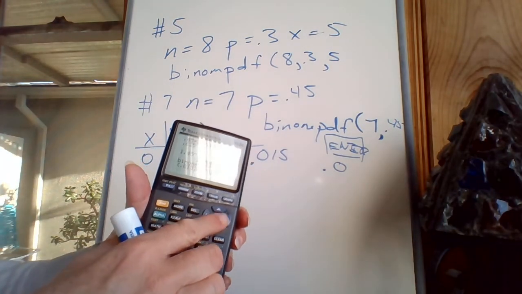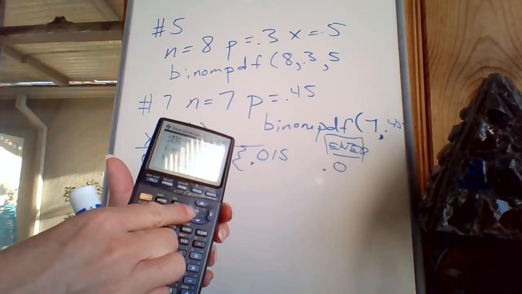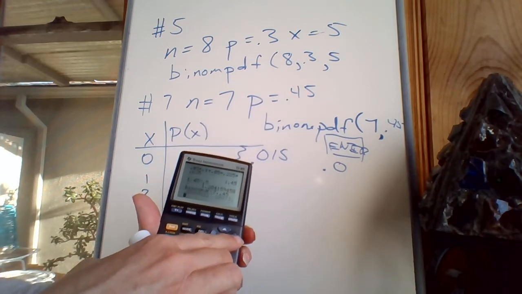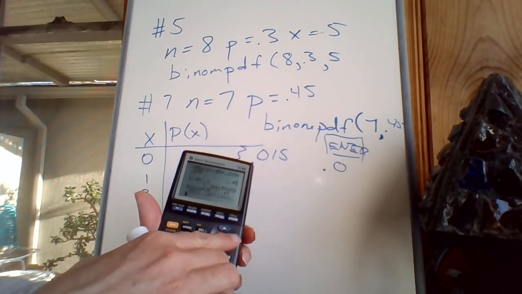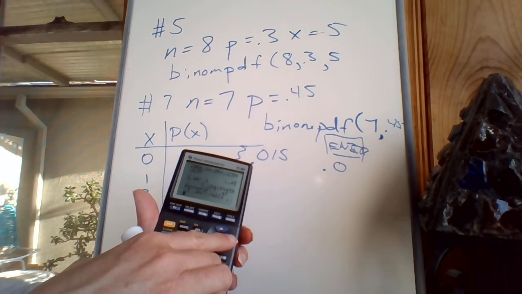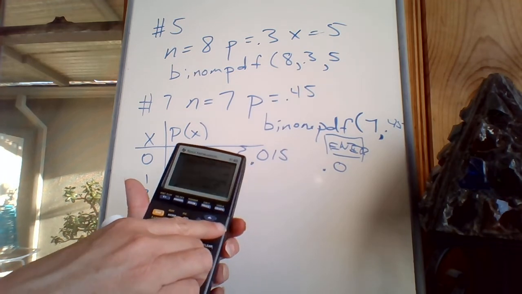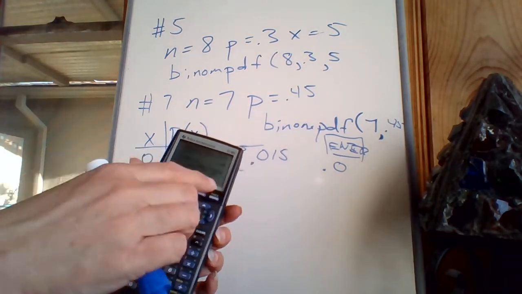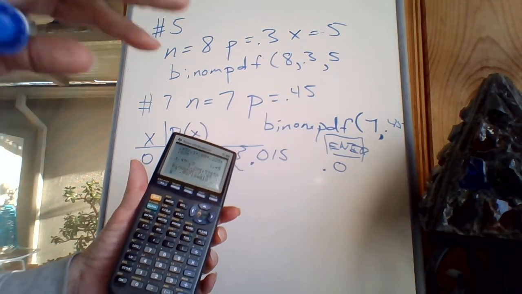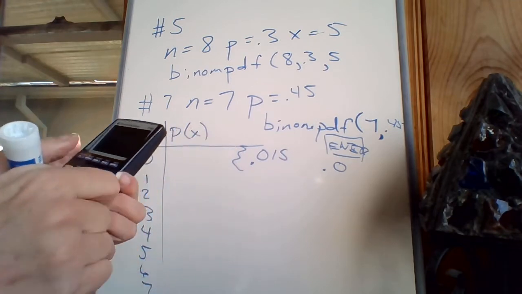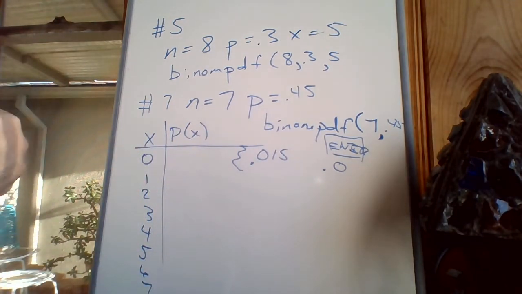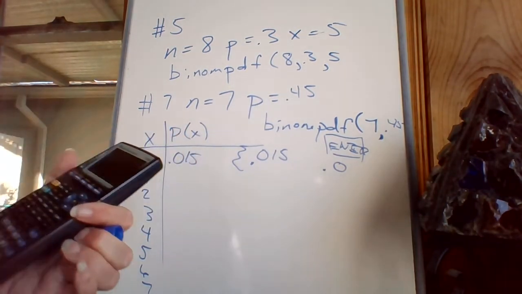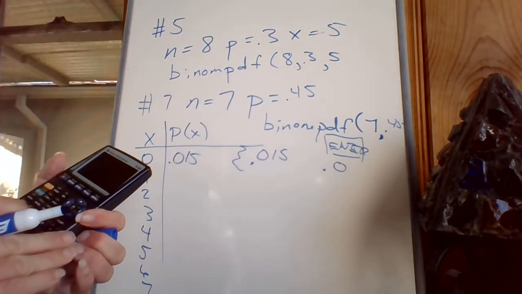But if I use these little arrow keys, like I'm using some sort of DVD player, I can arrow sideways. And when I arrow sideways, it starts to show me more of that line. It basically wants to put all 7 answers on one line, and it didn't have enough room to squeeze them all onto one line of calculator, so it just kept writing, and you got to arrow sideways to see the rest of it. So this 0.015,